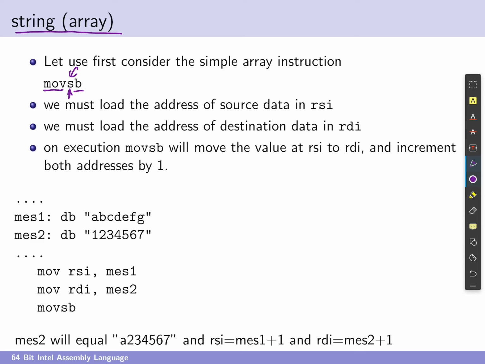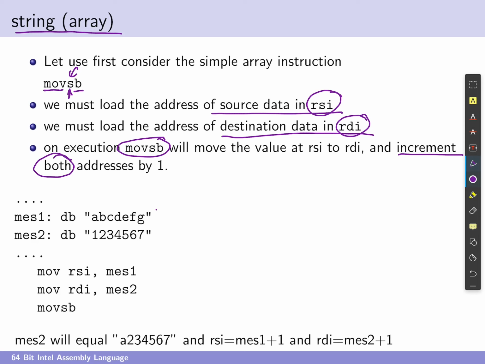So the first thing we need to do is load the address of our source data into RSI, and then load the address of my destination data into RDI. Then when I execute movsb, what will happen is it will copy the contents from RSI, in this case 1 byte worth of content, into the location at RDI, and then it's going to increment